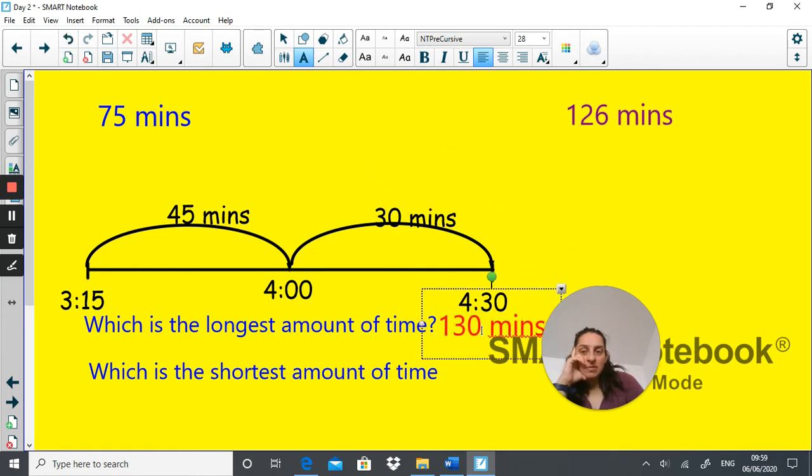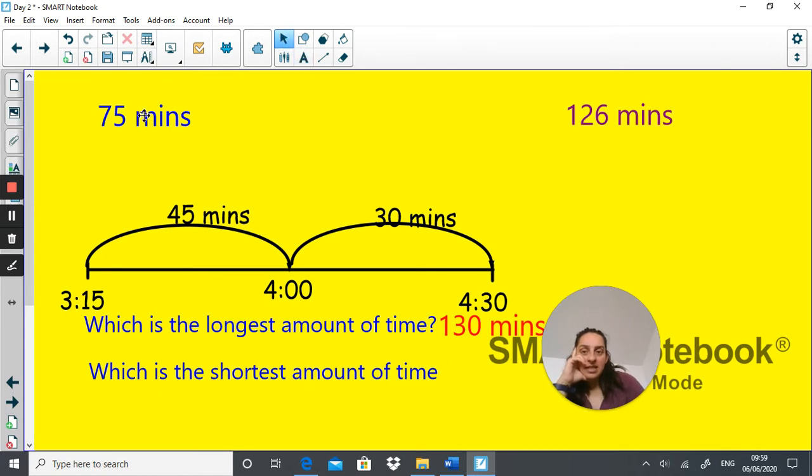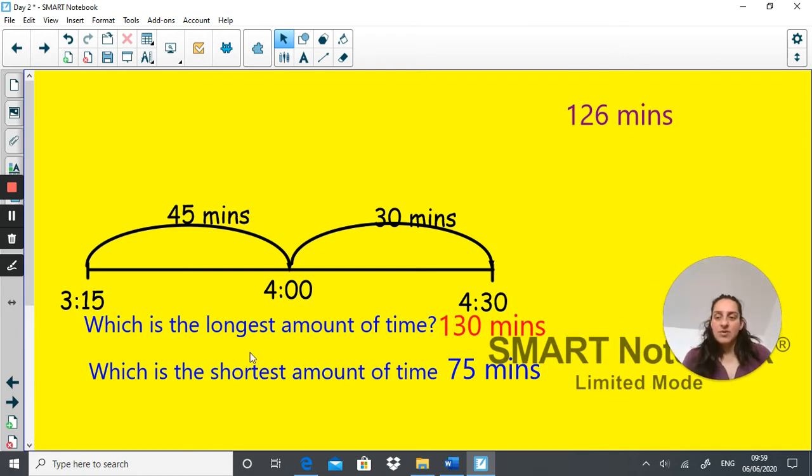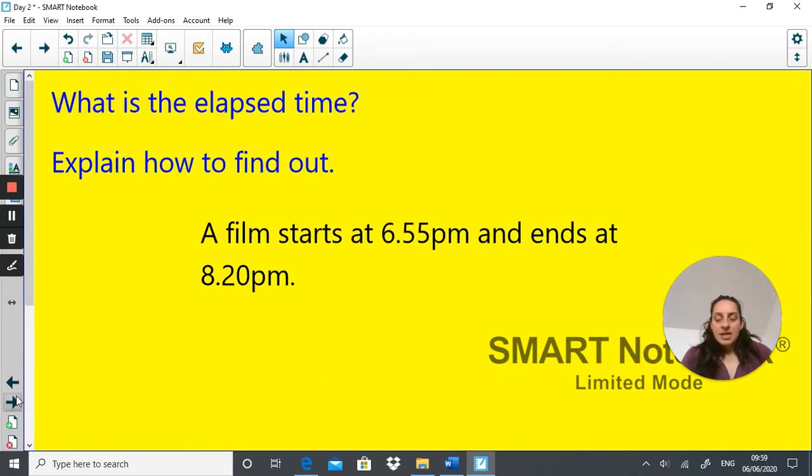What is the shortest amount of time? I think you'll agree is this. I'll move myself to it. Brilliant. Let's move on. Right, so what is the elapsed time in the problem below, and explain how you